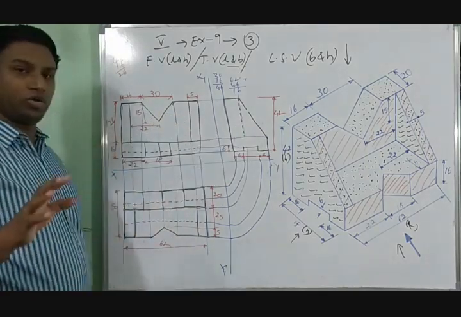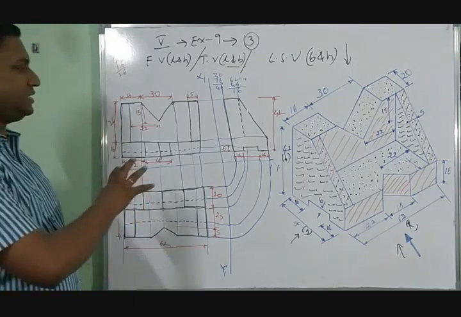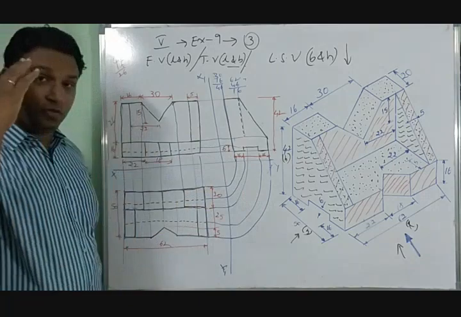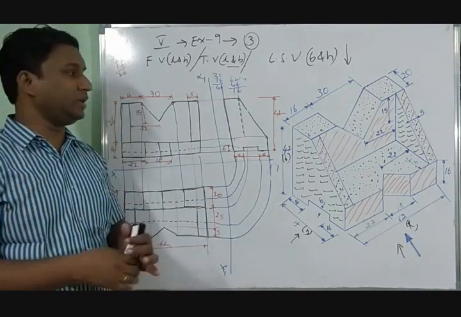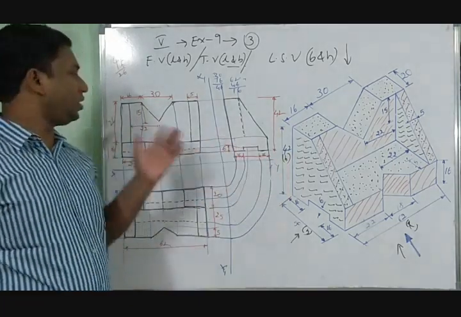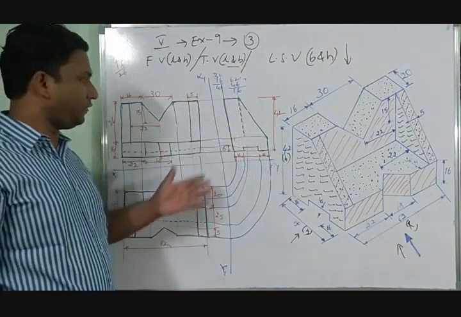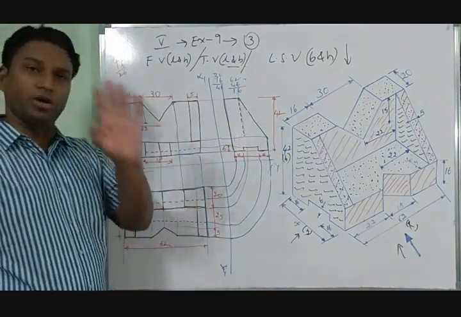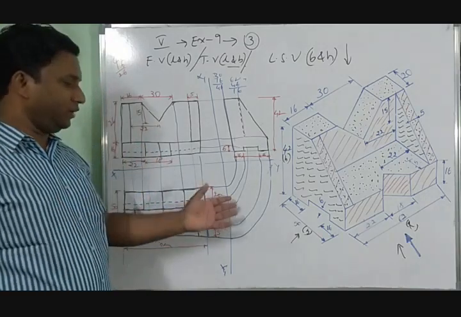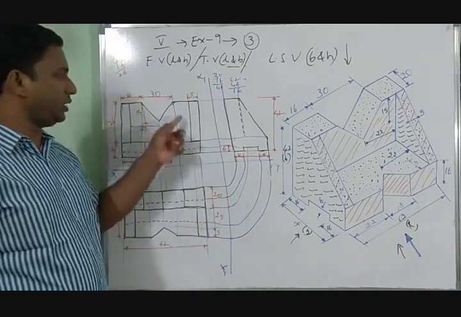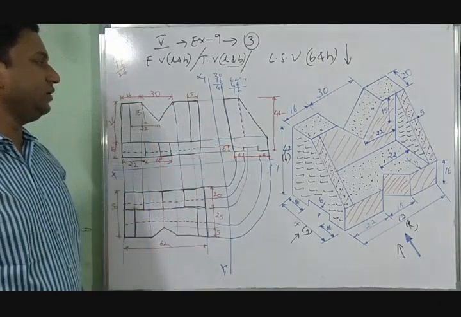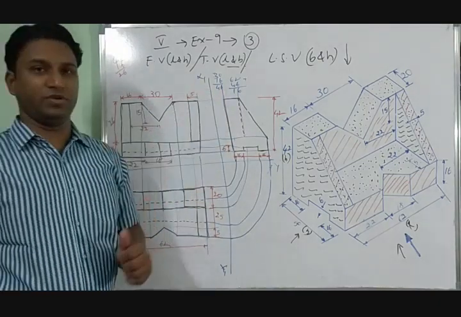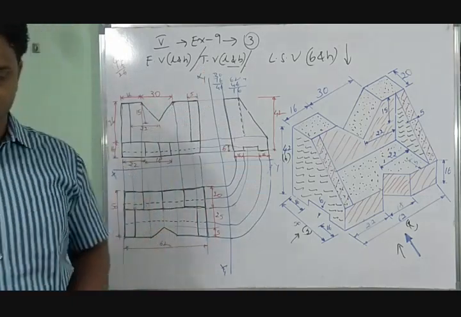If you go through any textbook, there you can see the answers directly without these construction lines. If you have such a capability of understanding the problem directly, and you can draw them directly, the front view, top view, side view, without any construction lines. It all depends upon your understanding, right? But if you draw them, try to draw them light, so that only the answer will be clearly visible. Hope you all understand. We will continue with one more problem, number 4, in the next video tutorial. Thank you.